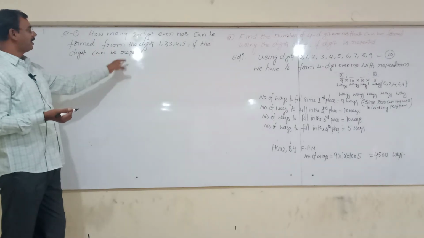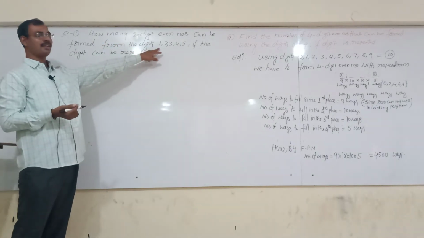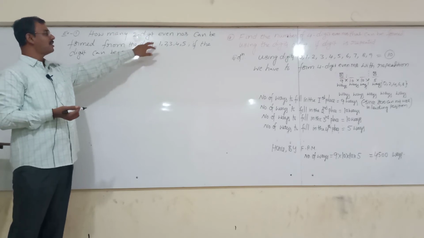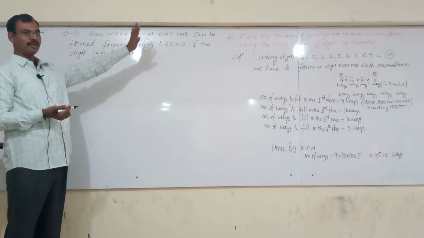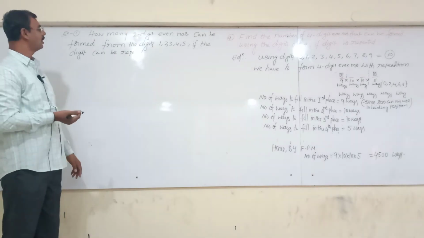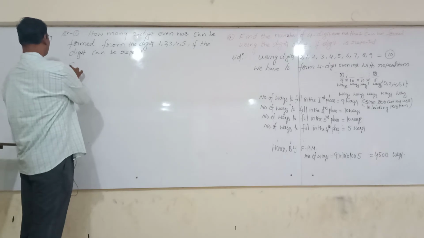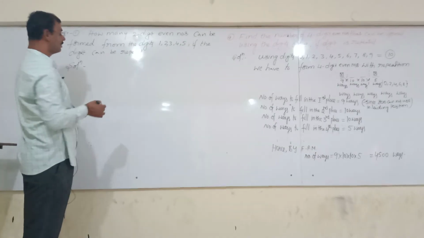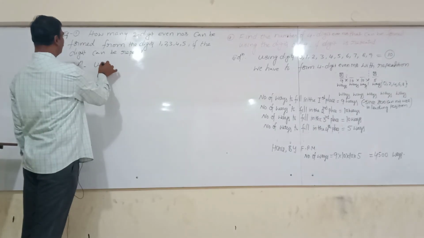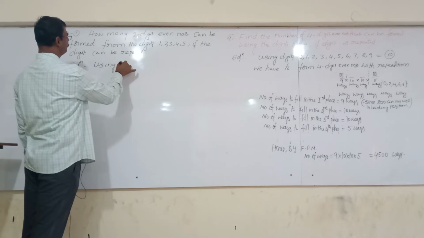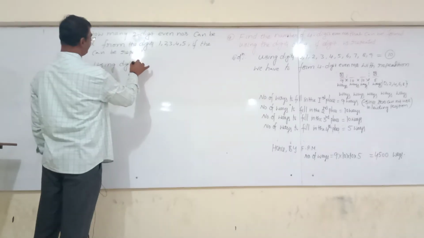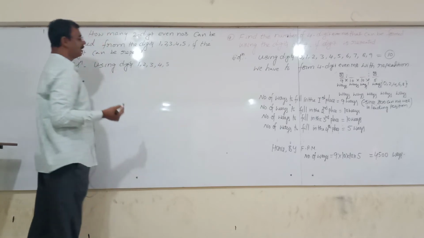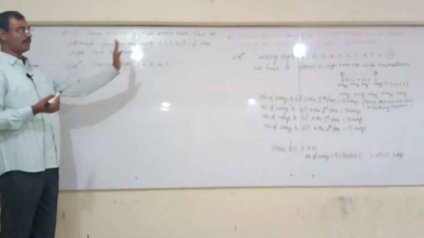So here digits are repeated. We have done a number of such questions. Here, is there 0? If 0 is there, the situation will change. If 0 is not there, we have to do model type 1; if 0 is there, type 2. Clear? Okay, very simple question this is. So what to do first? We have to take the digits. What are the digits here? 1, 2, 3, 4, 5. Total digits are 5.